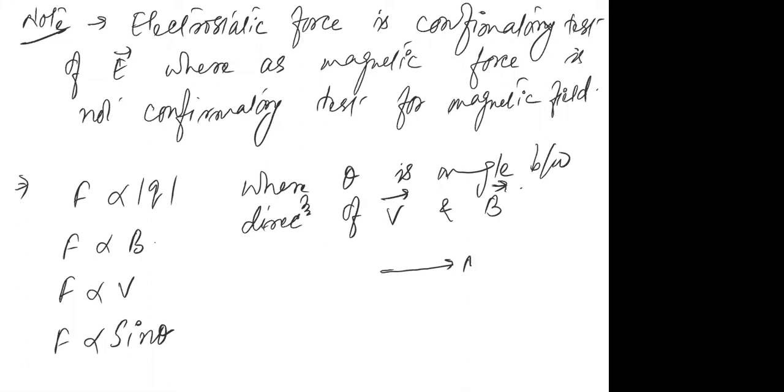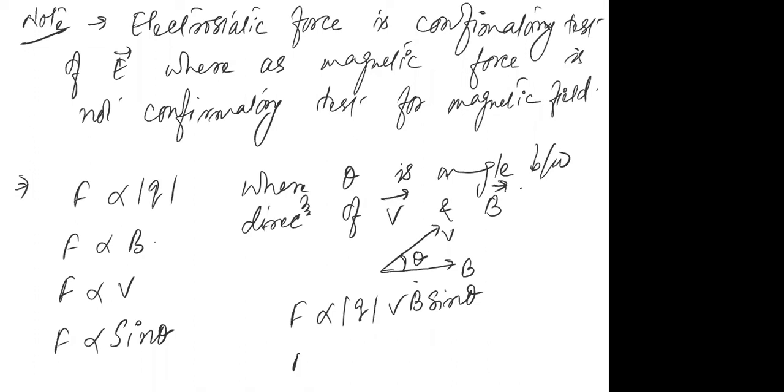Let us assume the magnetic field is in this direction and the velocity is in this direction such that the angle between them is theta, so it will also depend on this factor called theta, right? So by combining all these factors, I can write F is proportional to mod of q into v into B into sine theta. Mod means we don't have to put the sign of the charge, we only have to take the magnitude, because charge can be either positive or negative. This is the same as the scalar form of Coulomb's law, where you used the magnitude only, right? In the same way here also you will only use the magnitude.